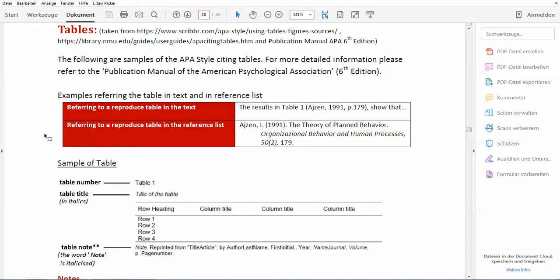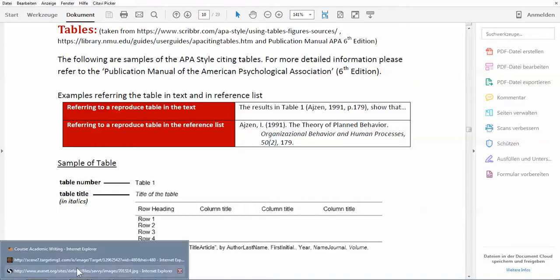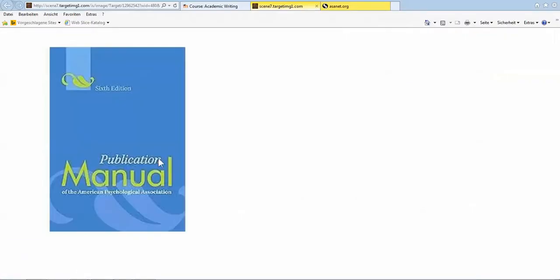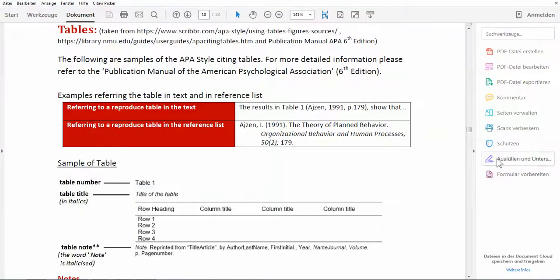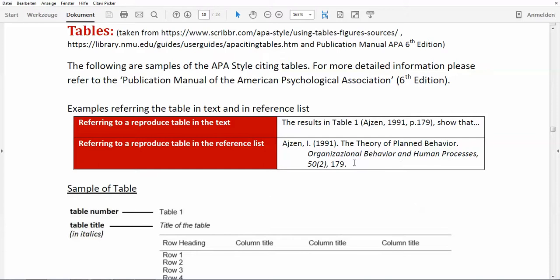If you want even more detail, you can borrow this book from our library. I think there are many of them in the Kamp-Lintfort library, so you can borrow it via the Clever library. Otherwise, I think the description that I've given here is very useful, and it's enough for you to do very basic